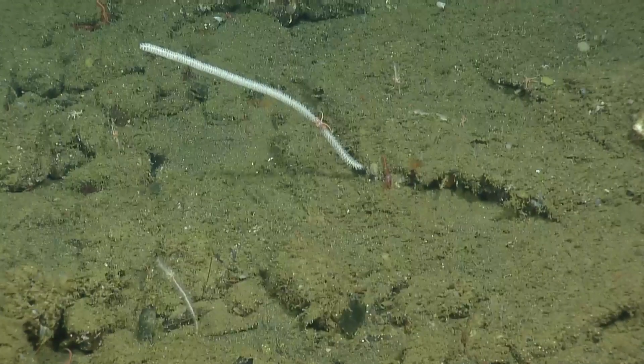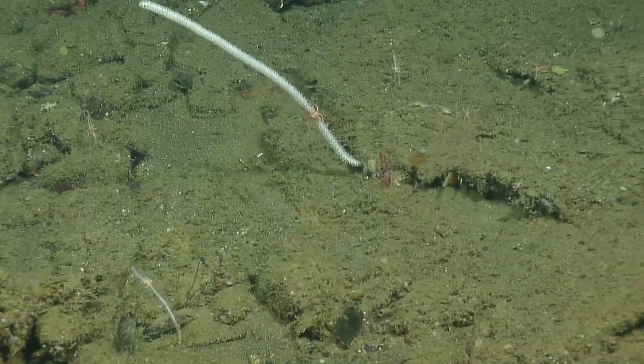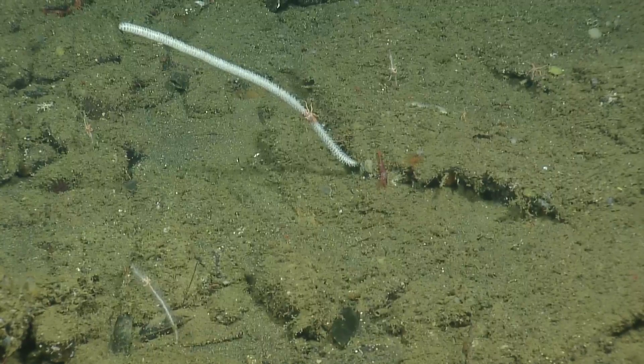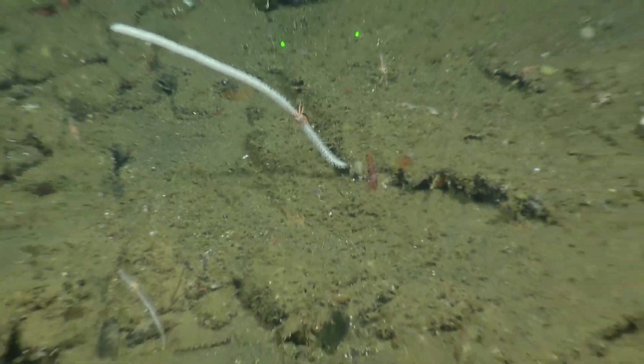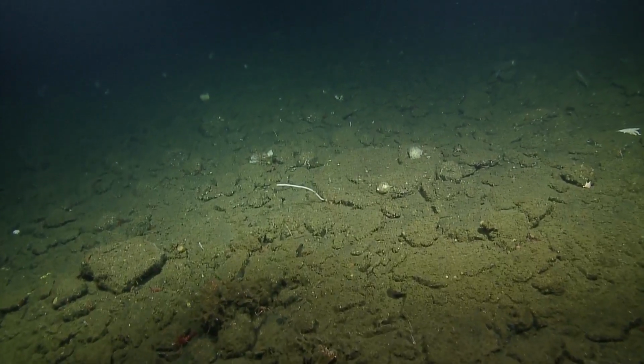Is that all we got? You got to tilt up. Can we get closer? I think I can get closer. We don't have a lot of time, but yeah, let's come wide. Okay. Science, is there interest in staying here longer or taking a sample? I'm not sure